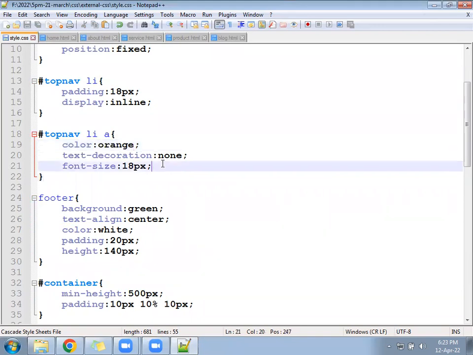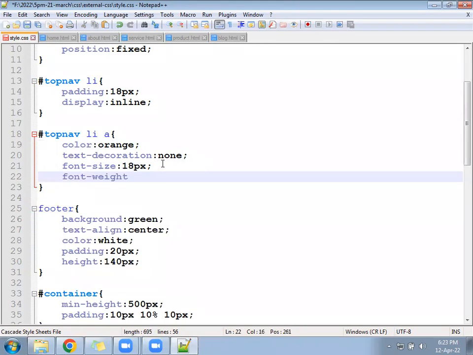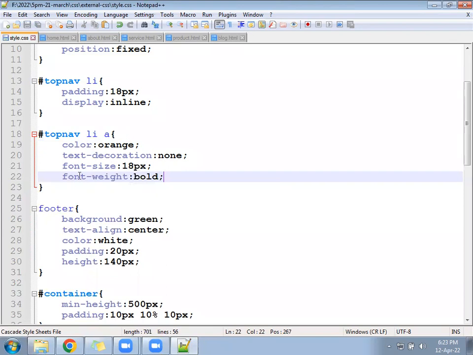After that, add one more property here called font-weight, bold. Font weight bold. And then top nav li of a.